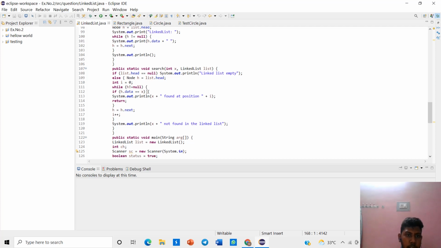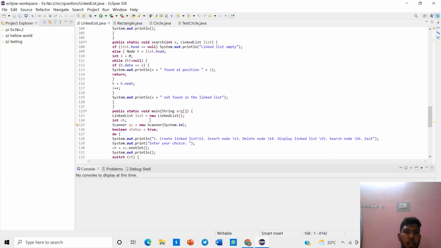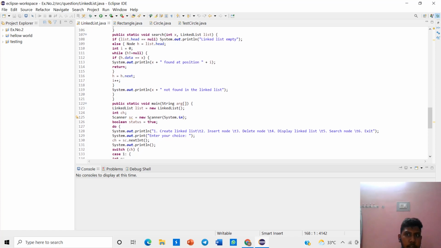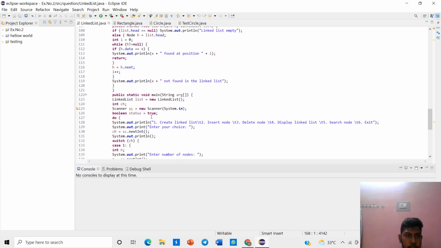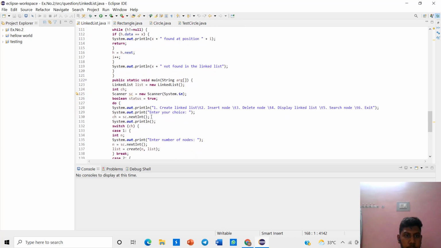If h.data is equal to the input, we give an output as found and the position. Otherwise, System.out prints not found in the linked list. If the element is not in the list, it will display not found in the linked list.